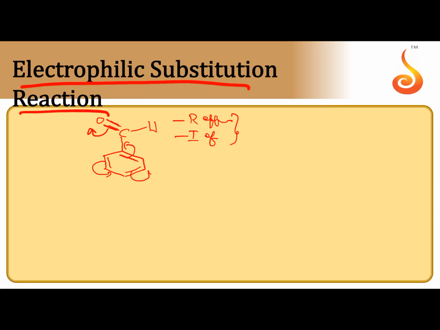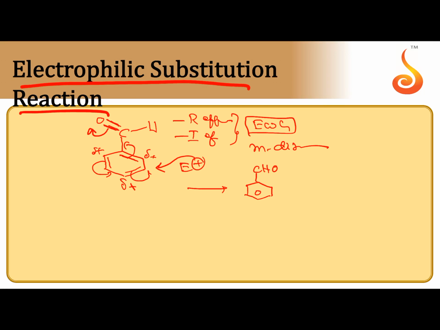By these two phenomena, CHO present on the benzene ring acts as an electron withdrawing group. So it can decrease electron density at ortho and para positions. So ortho and para positions are getting partial positive charges. So the incoming electrophile prefers to attack at the meta position. So benzaldehyde CHO acts as a meta directing group. So in the presence of a certain halogen carrier, when an electrophile is produced, the new electrophile prefers to attack at the meta position.